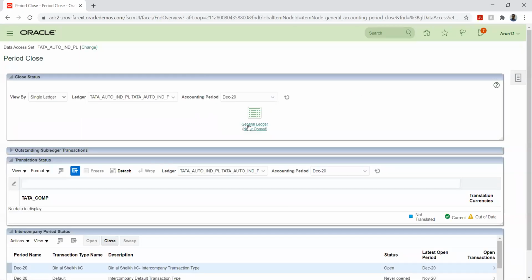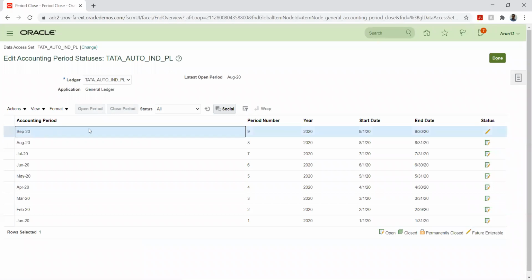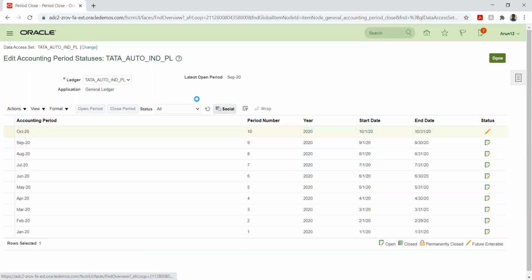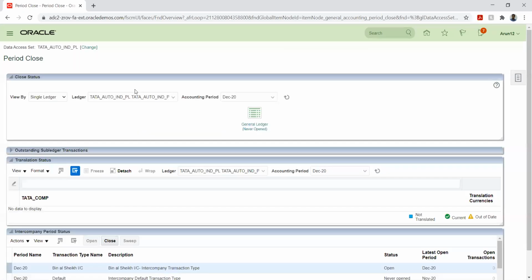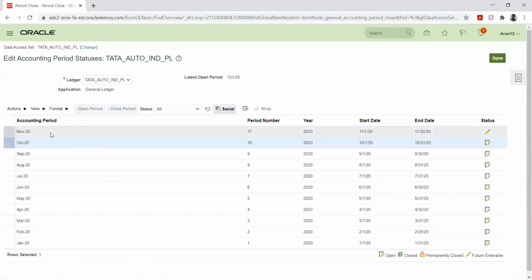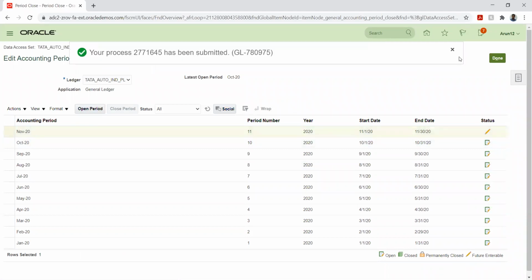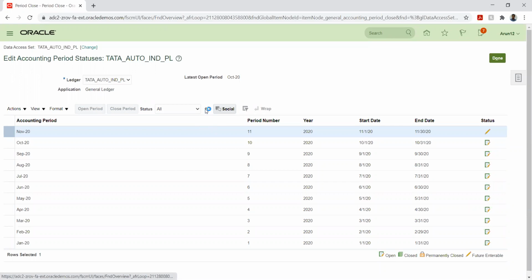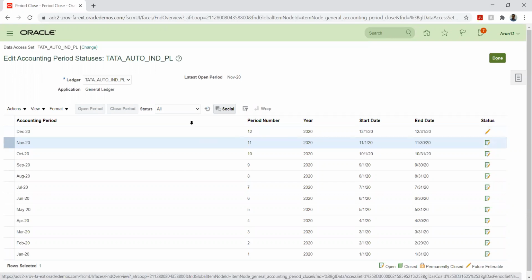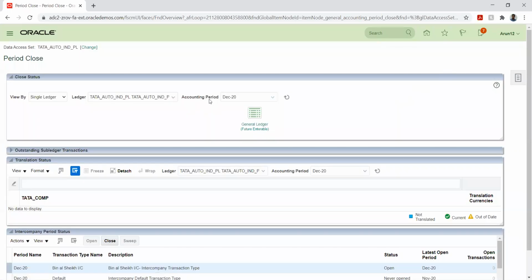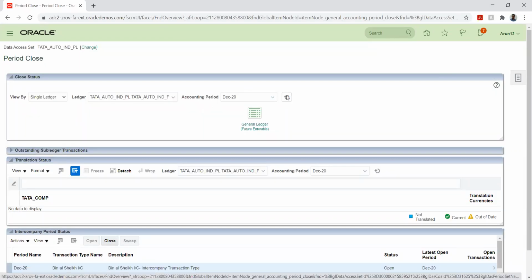So we'll keep doing it row by row. Yes, actually. So this is open.